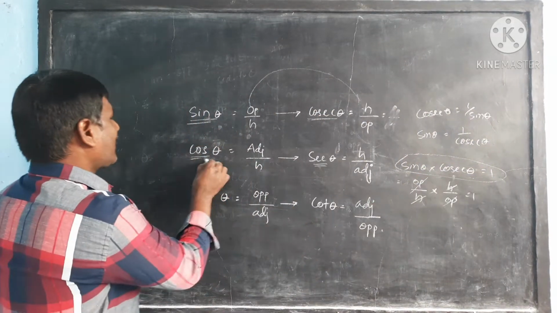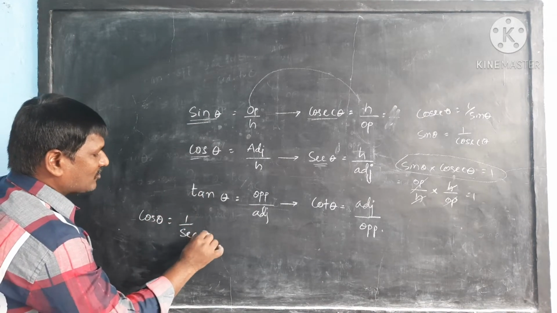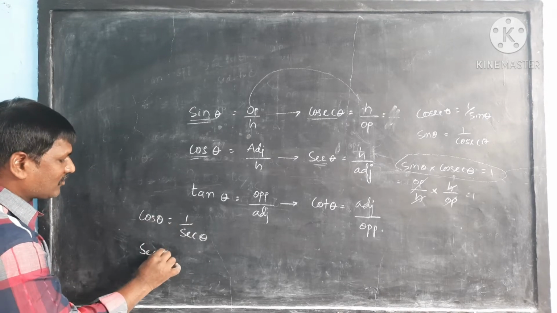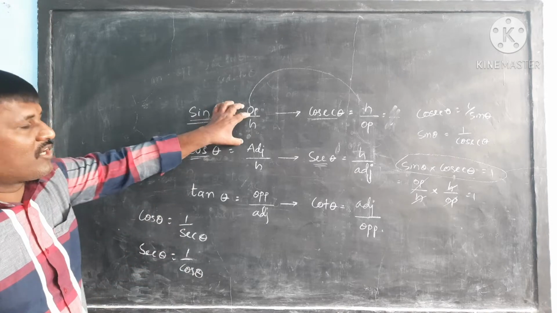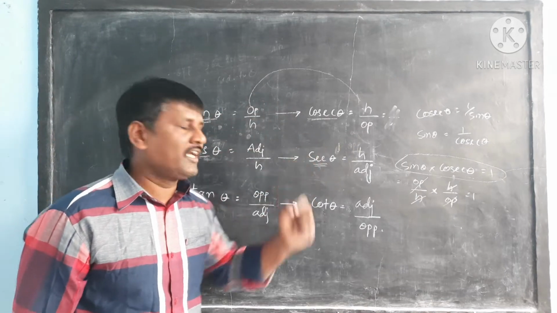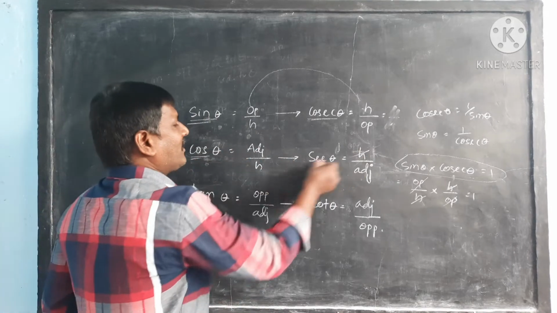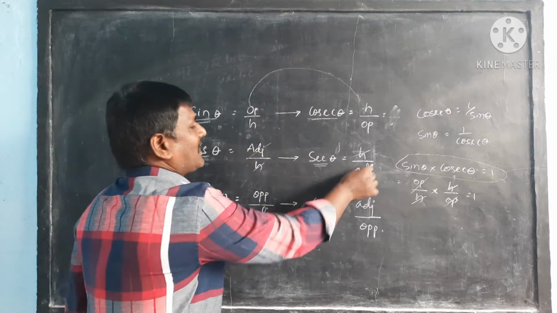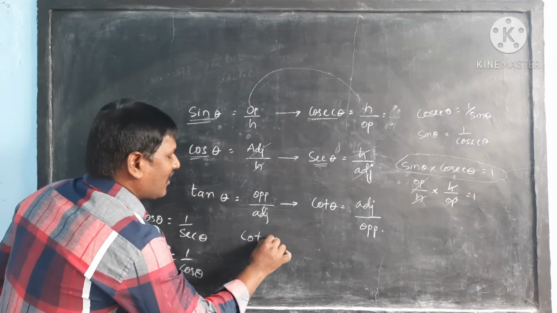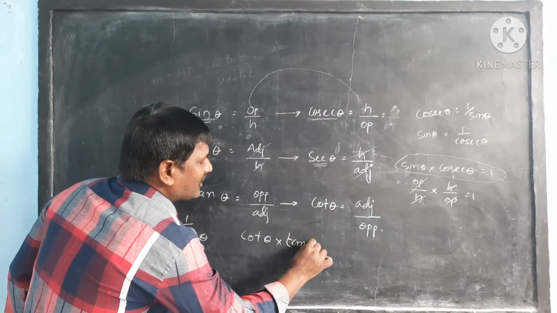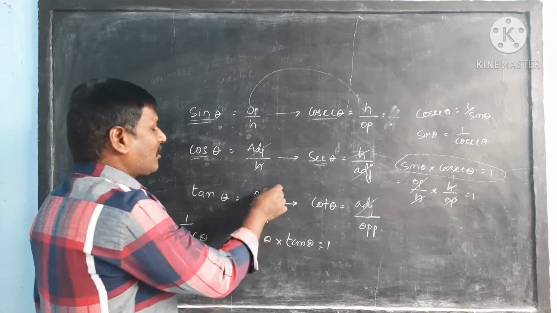సేమ్ వే ఇక్కడ కూడా అలాగే cos theta is equal to మనకి 1 by sec theta వస్తుంది. అట్ ద సేమ్ టైం sec theta is equal to మనకి ఏమొస్తుంది 1 by cos theta. సో ఈ రెండు ఎలాగో రెసిప్రొకల్ మల్టిప్లికేటివ్ ఇన్వర్స్ ఒకదానికొకటి, అలాగే cos కి sec కి కూడా మల్టిప్లికేటివ్ ఇన్వర్స్. ఎందుకంటే ఇప్పుడు చూడండి ఈ రెండు క్యాన్సిల్ అయితే, మల్టిప్లై చేస్తే ఈ రెండు అలాగే క్యాన్సిల్ అవుతాయి. ద ప్రొడక్ట్ ఈస్ 1. సేమ్ వే యూ కెన్ గెట్ cot theta into tan theta is equal to 1 because adjacent side cancel అయితే, cot into tan అంటే అలాగే opposite cancel అయితే.